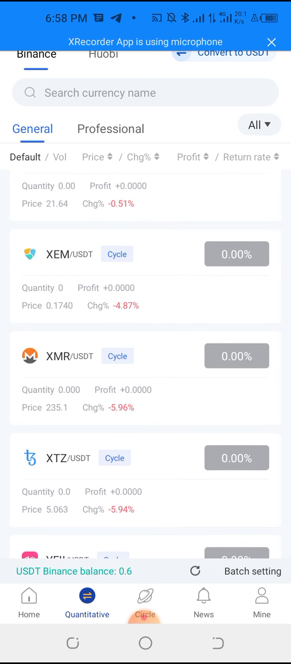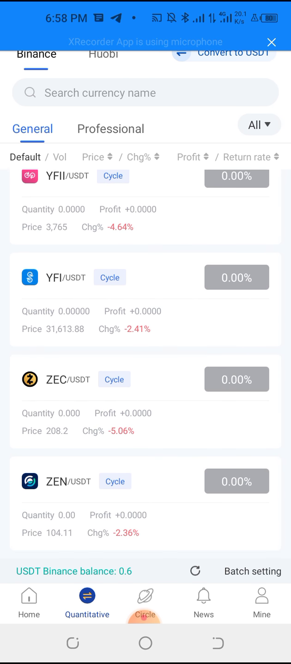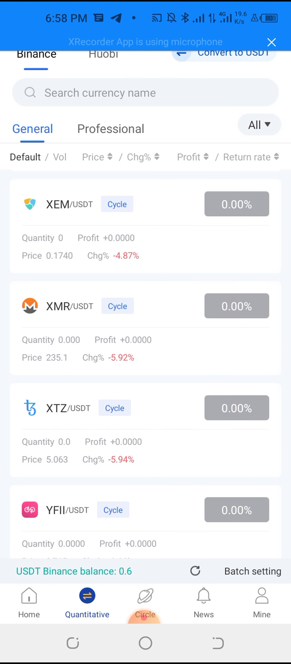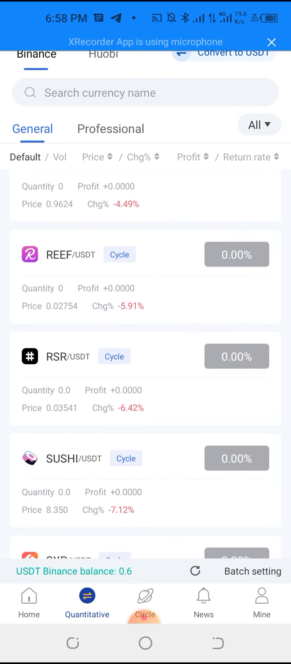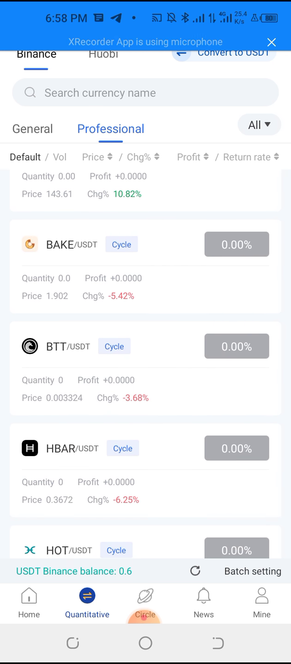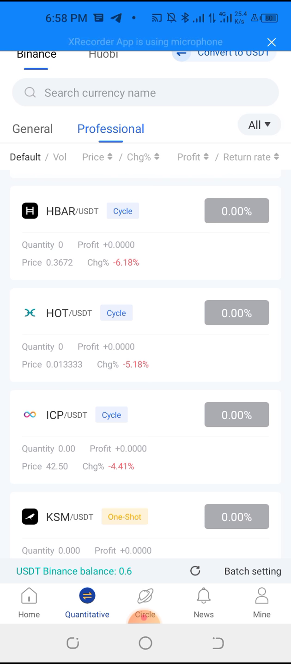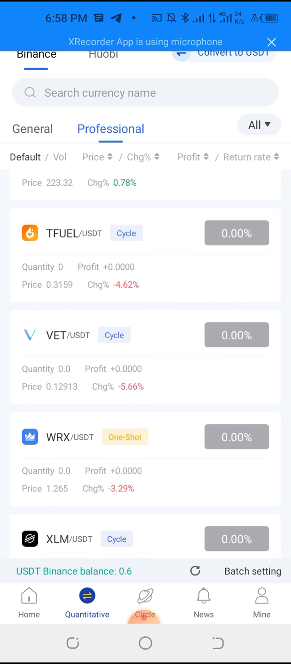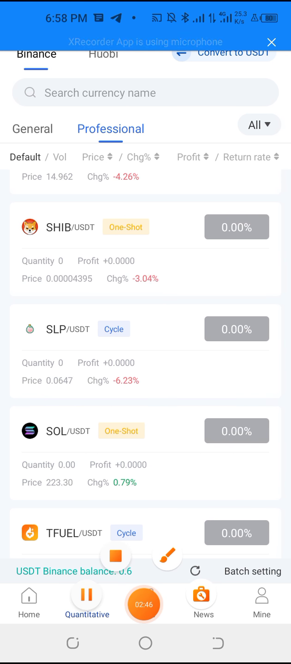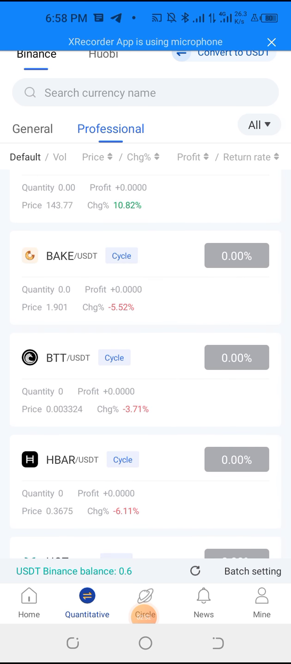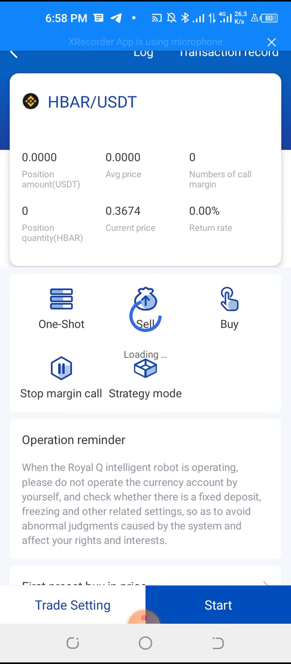I'm on general now. Just continue to scroll, look for any coin. You can see the one that has the highest negative here. I think XTZ, 5.9. Or if you go to professional, for another coin there that has the highest negative. Okay, this HBAR is -6. I think that should be the one that has the highest negative. So let us pick that one, HBAR. I think I saw it now. Okay, HBAR. So you click on HBAR,